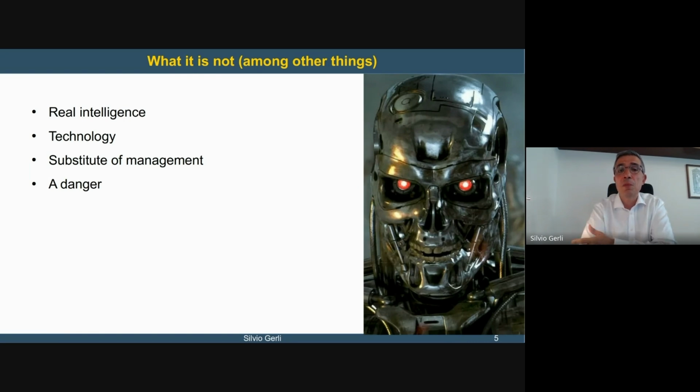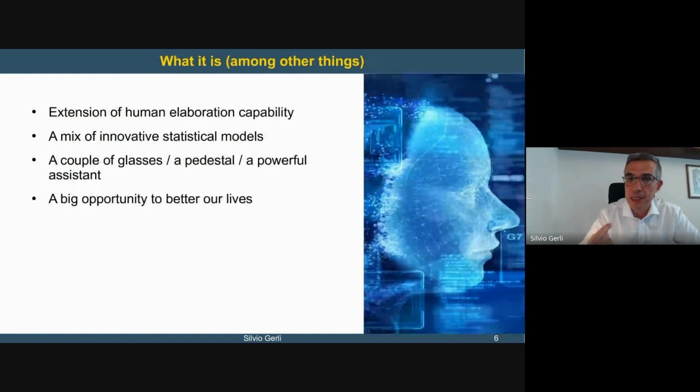And it is not a substitute for management, so it is not something that should scare managers, because it is not able to substitute them. So it is not a danger. So what is it? We said it is not real intelligence, but it is an extension of human elaboration capabilities. I mean,